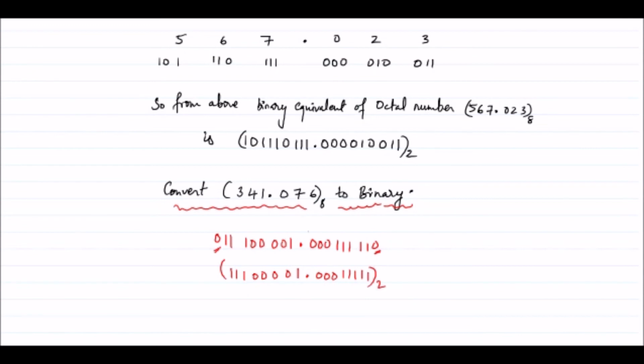Okay. So you can have a doubt: why have I eliminated these two zeros? If I write the binary positions 1, 2, 3, 4, 5, 6, 7, 8, 9 after the point, and I multiply 0 into 2 power minus 9, we have to find it. So this 0 is multiplied with 2 power minus 9, and anything multiplied with 0 is 0. So I have neglected it.